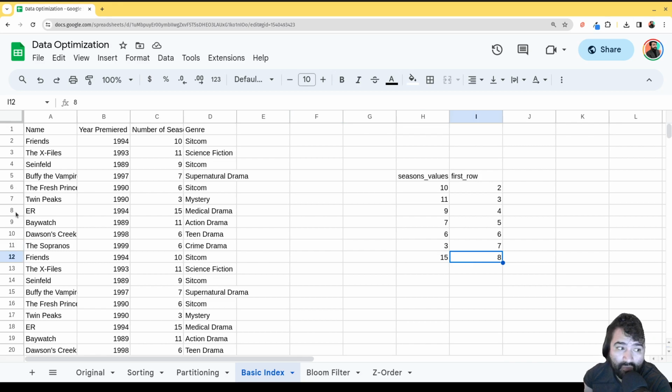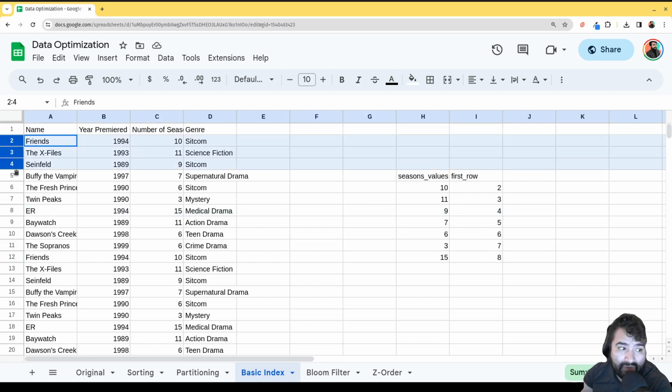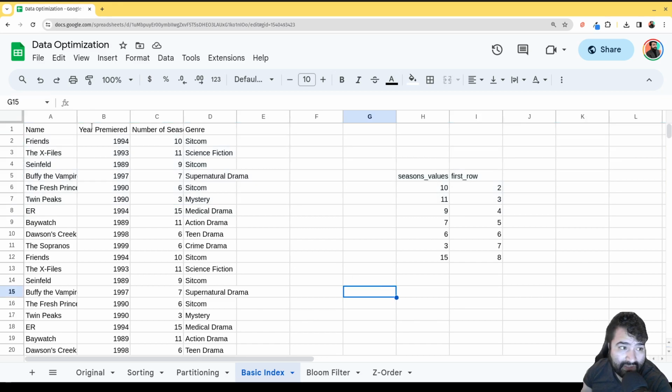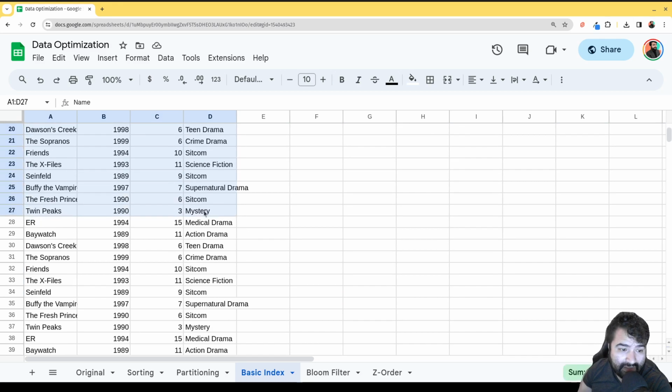I can start looking from row 8, which allows me to skip rows 2 through 7. Okay, so that saves me some time. Again, let's see what it would look like if I were to sort the data. So let me sort the data, because again, always the benefits of sorting your data along with these other optimization